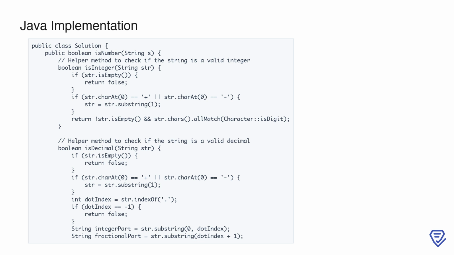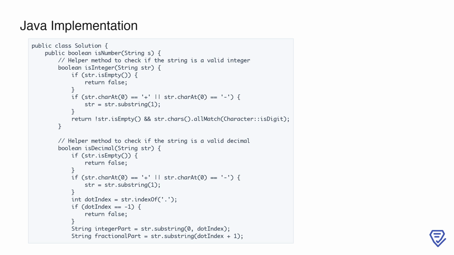Next, we have the isDecimal method, which validates decimal numbers. Like isInteger, it starts by handling empty strings and optional leading signs. It then looks for the presence of a dot using indexOf. If no dot is found, the method returns false, as a decimal must include a dot. The string is then split into two parts, the integer part before the dot and the fractional part after it,